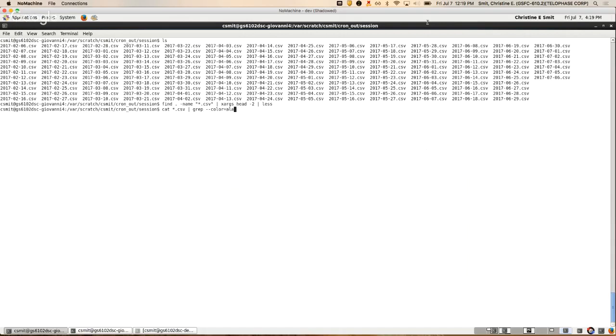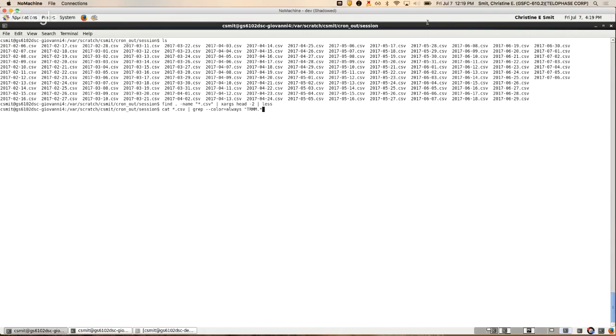Okay, so this says color the results, which is awesome, and I did not know it existed before this week. And then these files, I should have said this before. I'm not showing you our Apache logs, because our sysadmins would get very upset if I did.